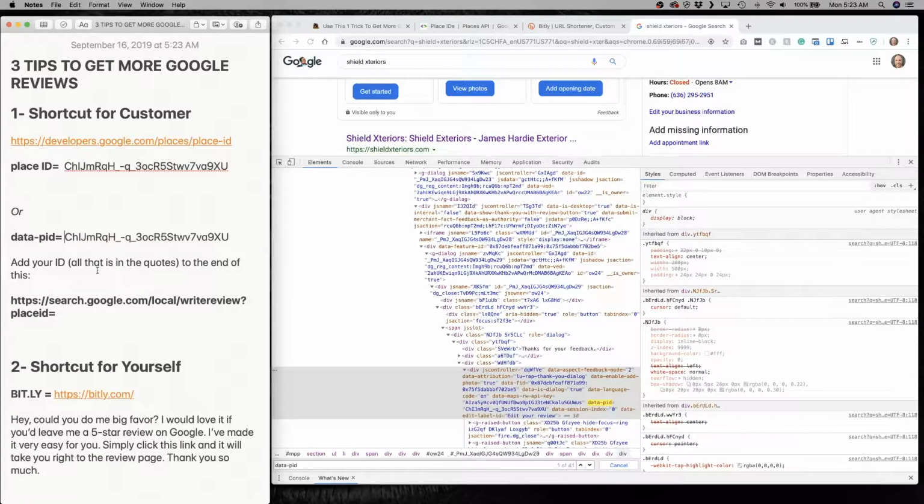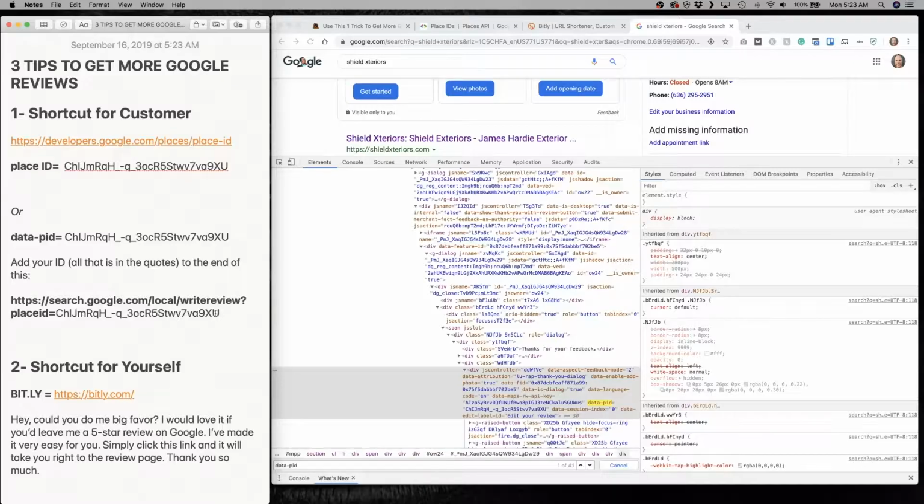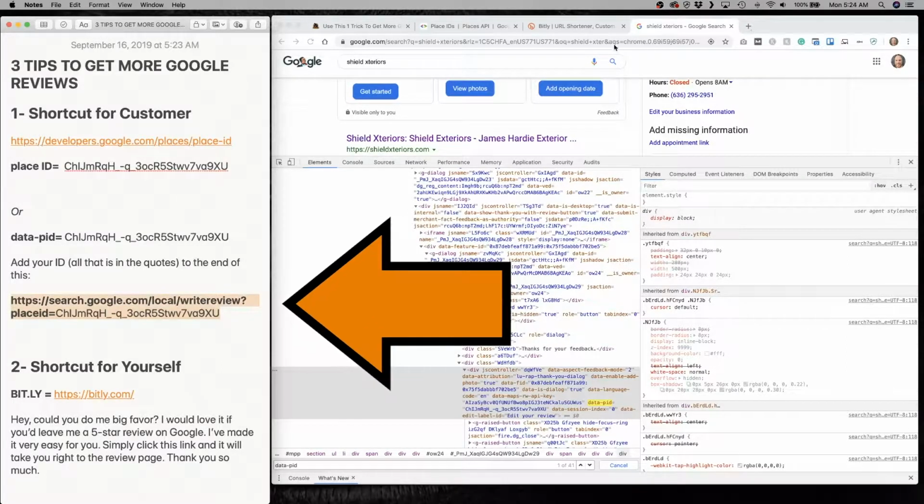We have the ID. The next thing we're going to do is take this ID, the CH, blah, blah, blah, copy it and put it in this link here, the search.google.com. Right after the equal sign, there's the link. Okay, I want to show you what you just created. If we take that code, the search.google blah blah blah, and the places ID, and then the CH yada yada yada,